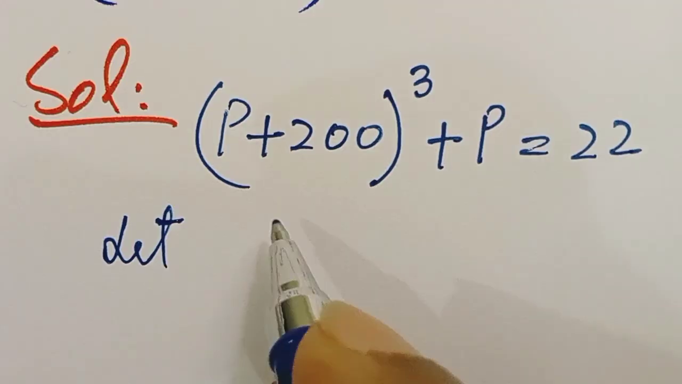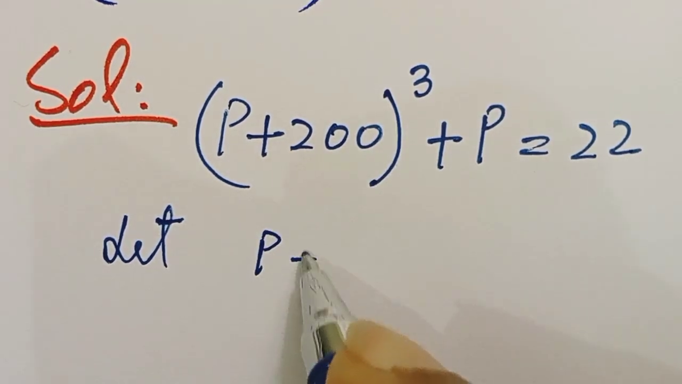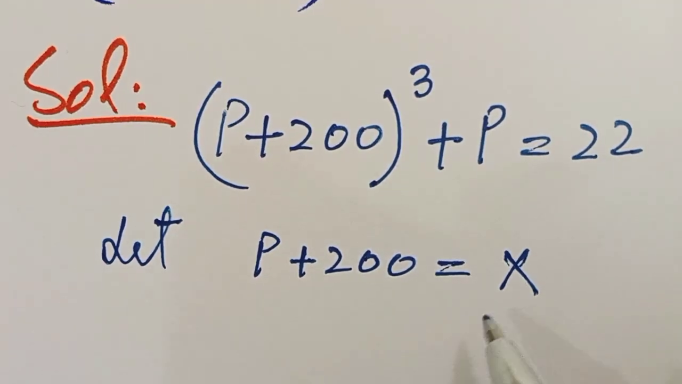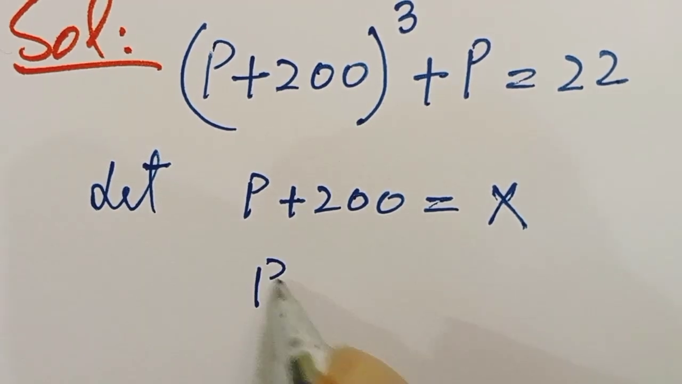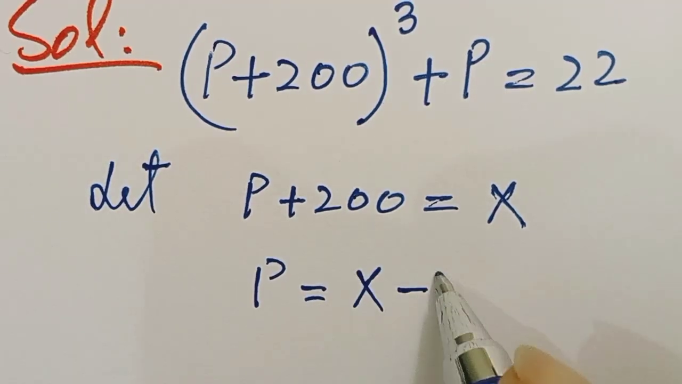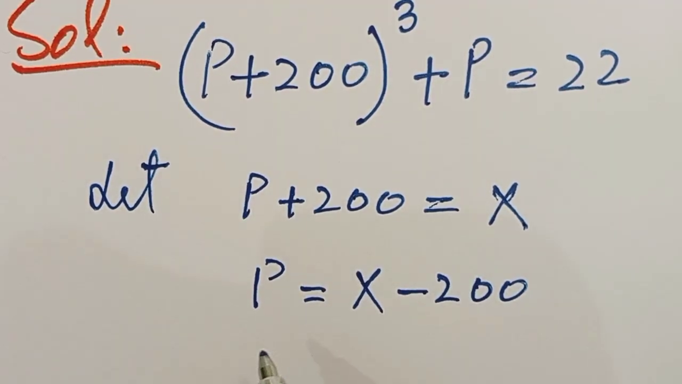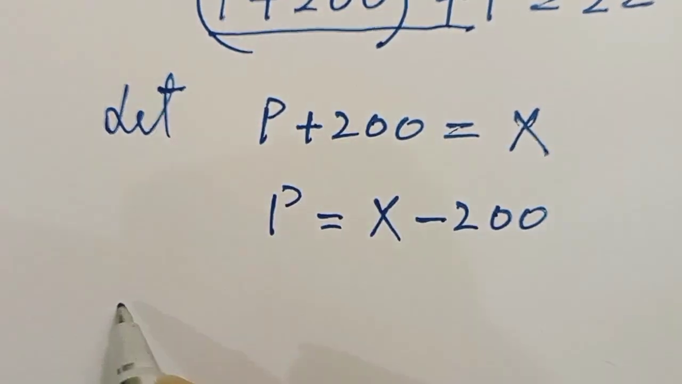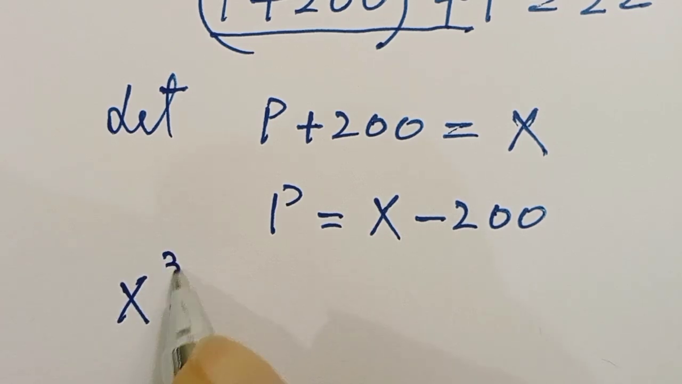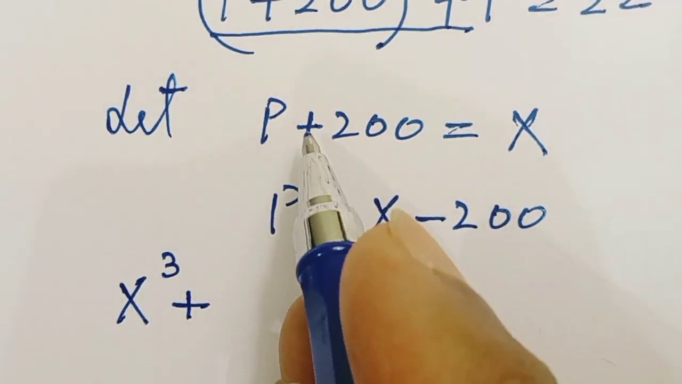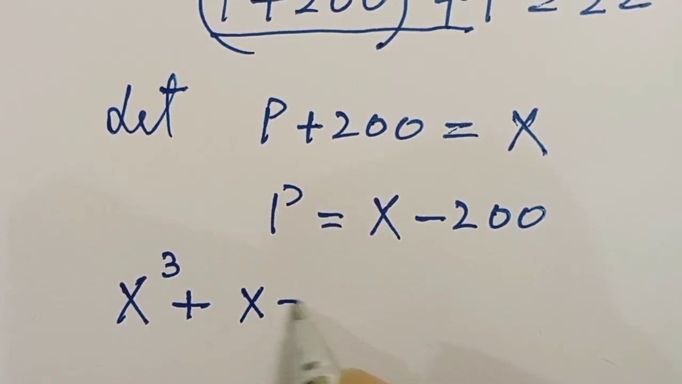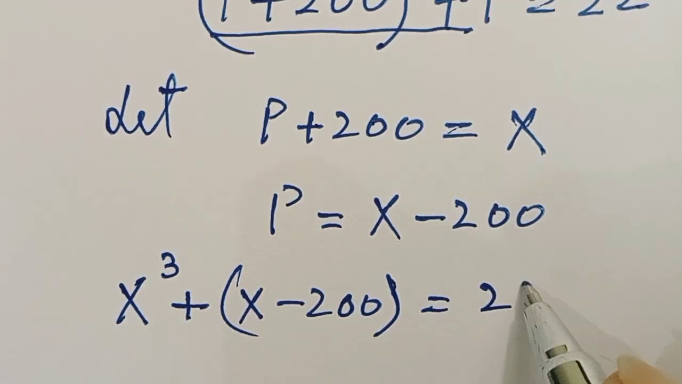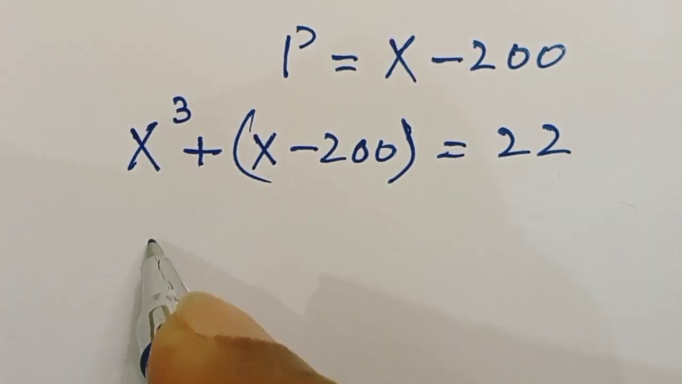For simplification, let p plus 200 is equal to x. So p will be x minus 200. So putting these values in this equation, (p plus 200) cube becomes x cube, plus the value of p is x minus 200, is equal to 22. So x cube